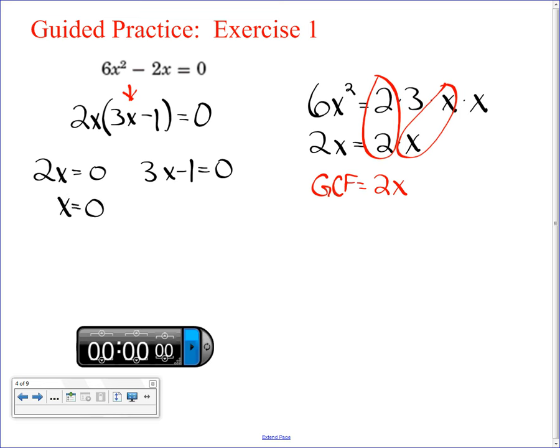3x minus 1. Let's add 1 to both sides. 3x would have to equal 1. Let's divide both sides by 3. X would have to equal 1/3. Here are your two solutions. Okay, now let's move on to